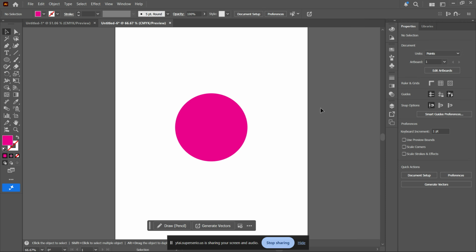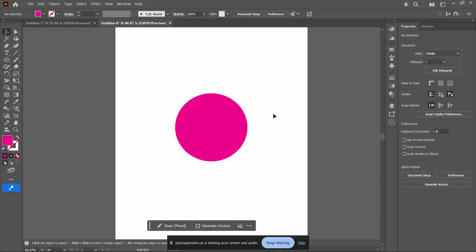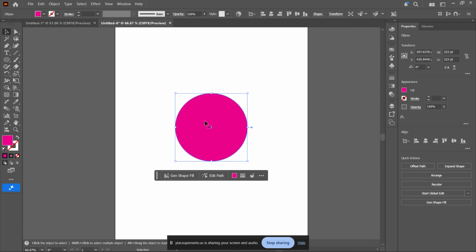Alright, let's get started. First, open Adobe Illustrator and create a new document or open an existing project. To apply a radial gradient, you'll need an object selected. This can be any shape, like a rectangle, circle, polygon, or even text. So go ahead and select the object you want to apply the gradient to by clicking on it with the